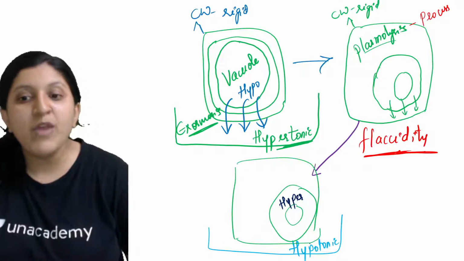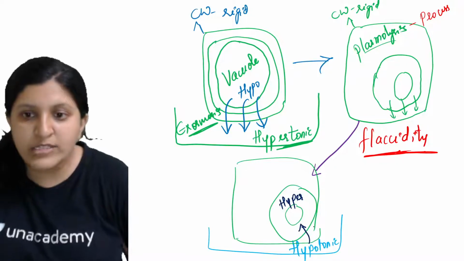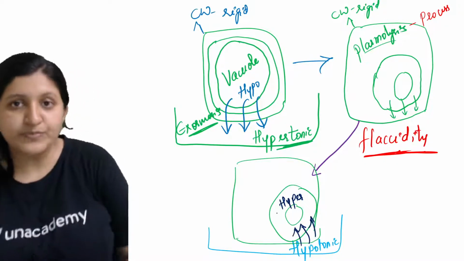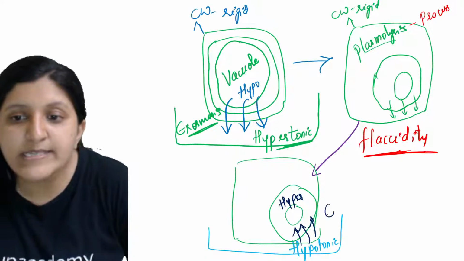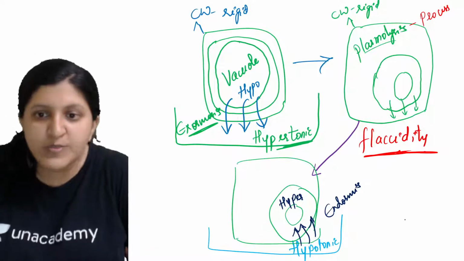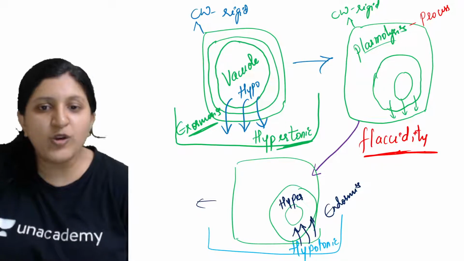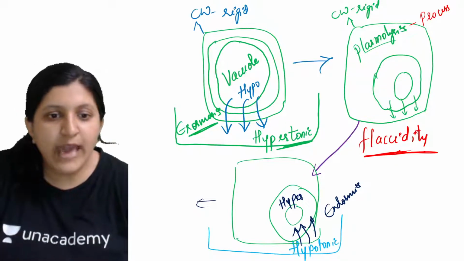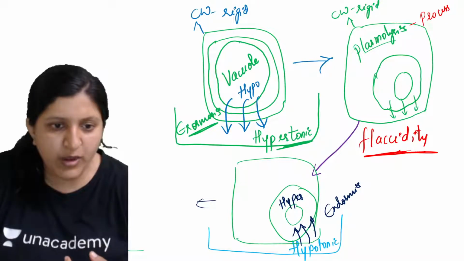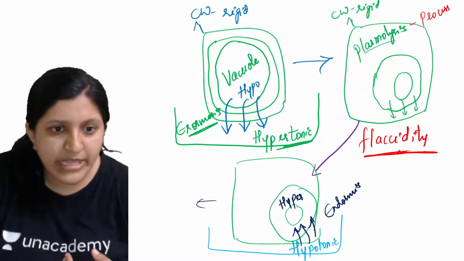So what will happen? Always the water will move from the region of higher concentration to the region of lower concentration. That means endosmosis can be seen here. So you can see an endosmosis process occurring. Let's have a look at this process now. Once the endosmosis occurs, we'll take up a big, normal cell. Let's draw the normal cell here.